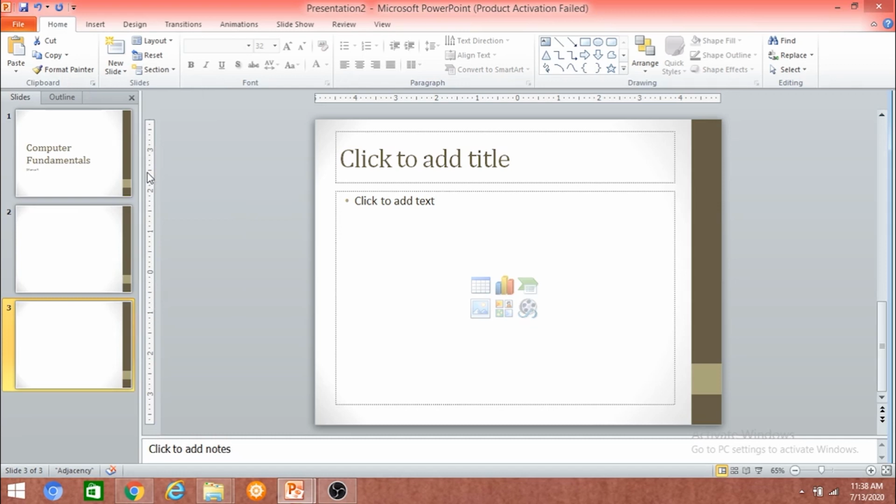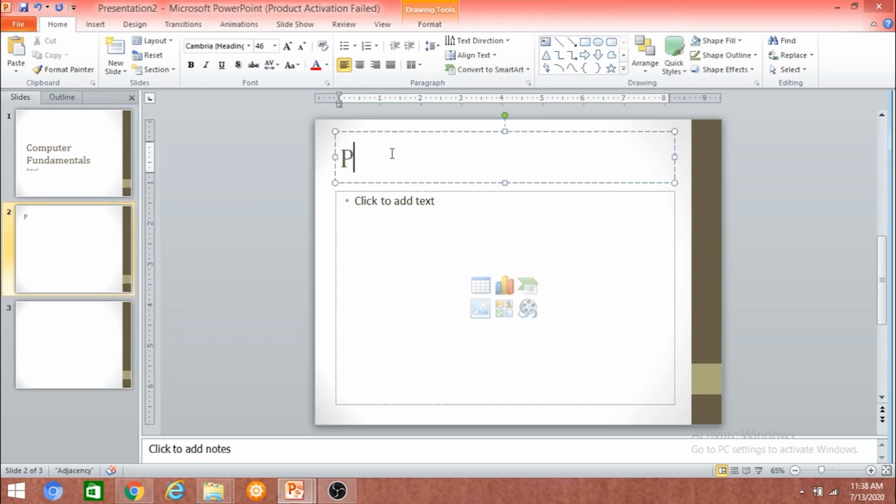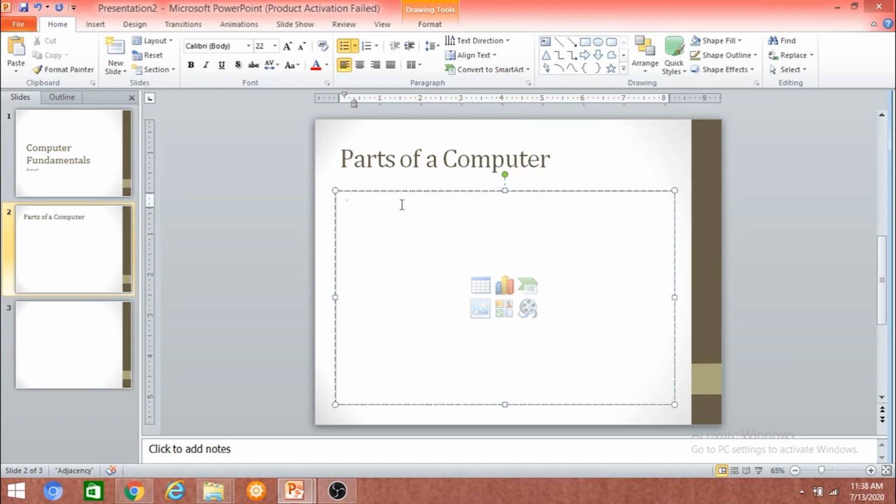Now let us add something to the second slide as well. As I am entering, you can see that by default the contents are added as bullets.